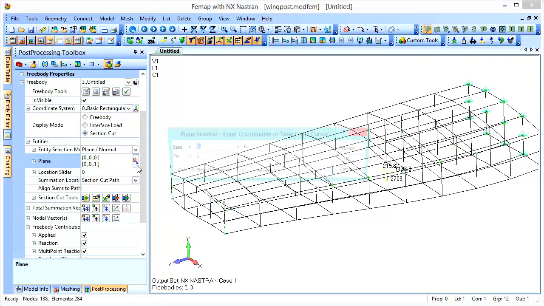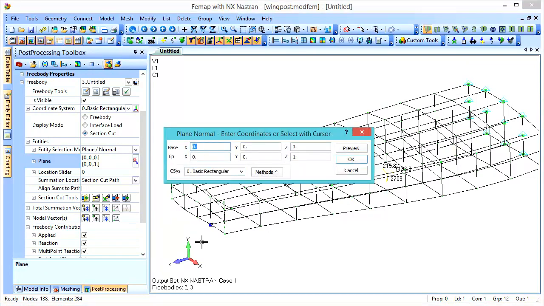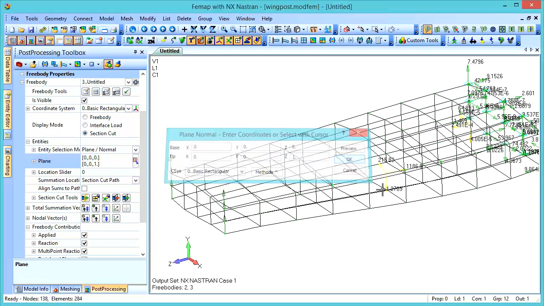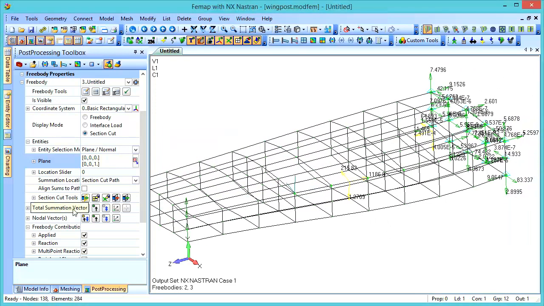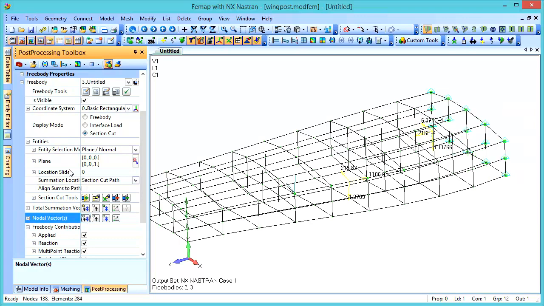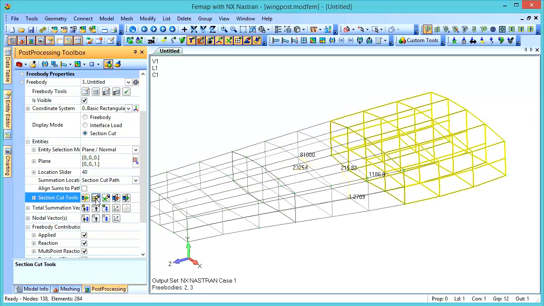So in this case, let's select a cutting plane that's in the XY plane, and then the normal is along the Z-axis. And rather than looking at forces, let's look at the moments for the total summation vector, and let's turn off the nodal vectors. We can use the location slider tool to move the location of the cutting plane along the path. Now, as the cutting plane is moved,